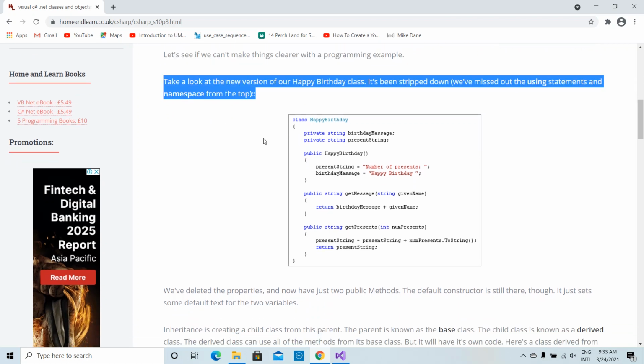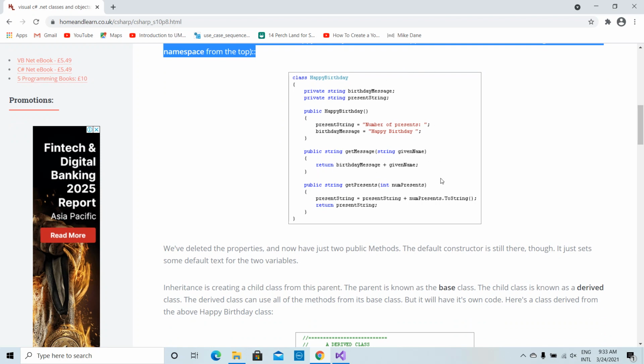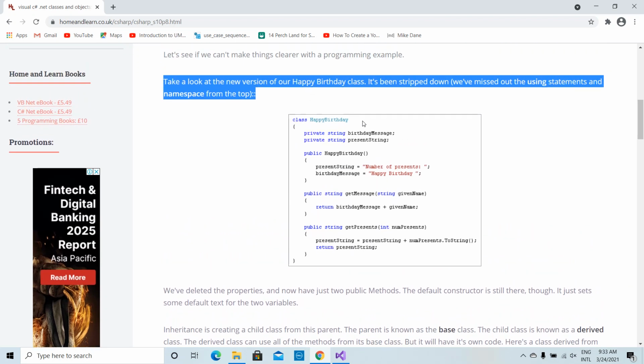Take a look at the new version of our happy birthday class. It's been stripped down. We've missed out the using statements and namespace from the top. So here is the class. Now you can see this is the happy birthday class. Now we have